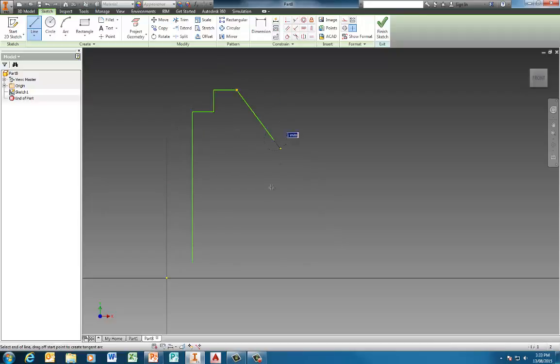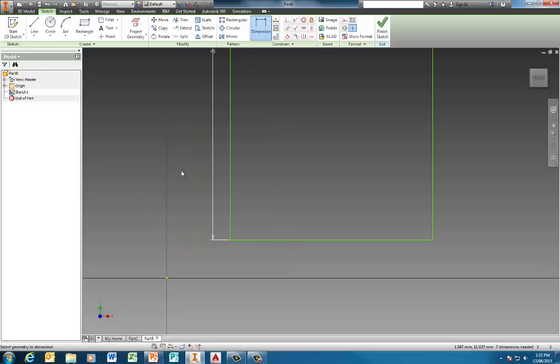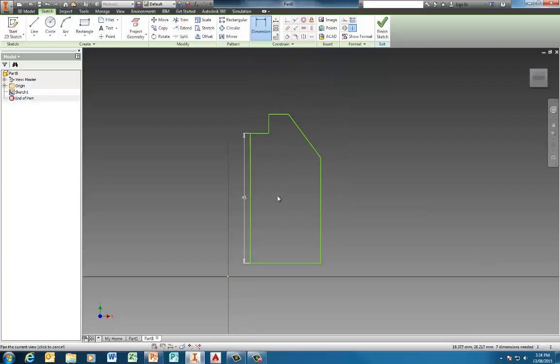Not worrying too much about particular dimensions, but getting the proportion of the sketch roughly in place means that we'll be able to then add our first dimension, which is 45 millimeters, and that will scale up the entire sketch and keep it in proportion. We'll then continue to add dimensions,